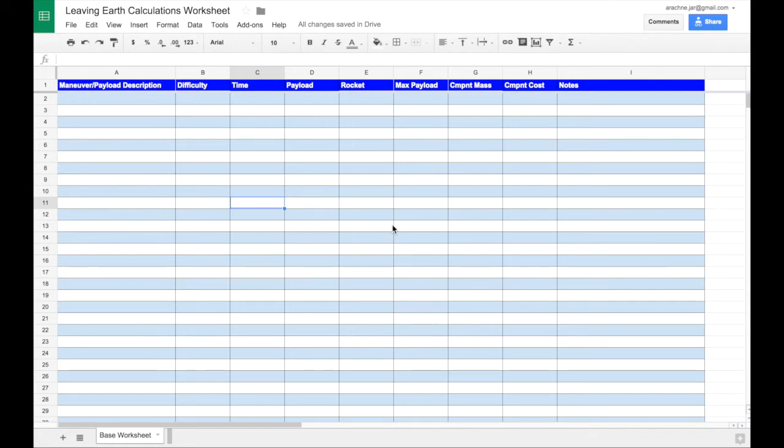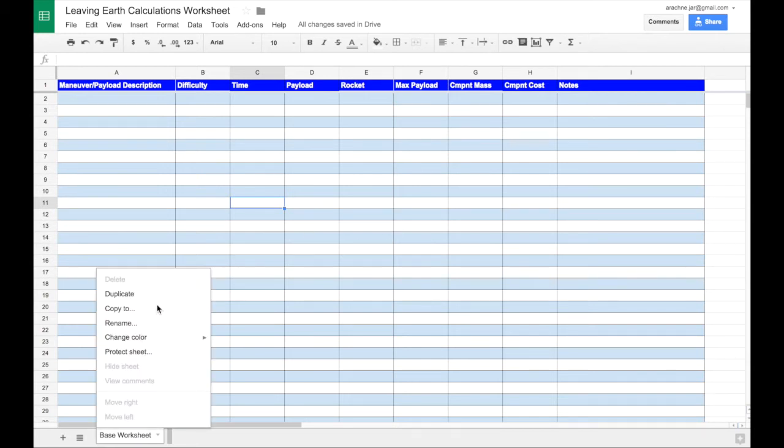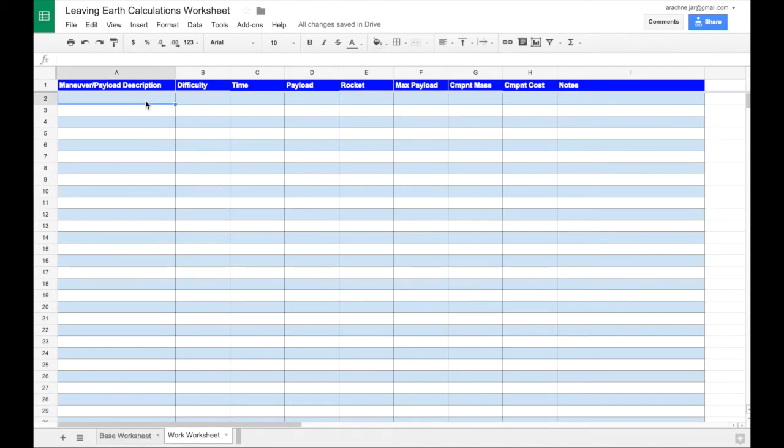So now let's start off with describing the columns. I should probably just make a duplicate of the base sheet. Let's talk about, say, putting a probe with a Soyuz rocket into orbit around Venus and see what we need